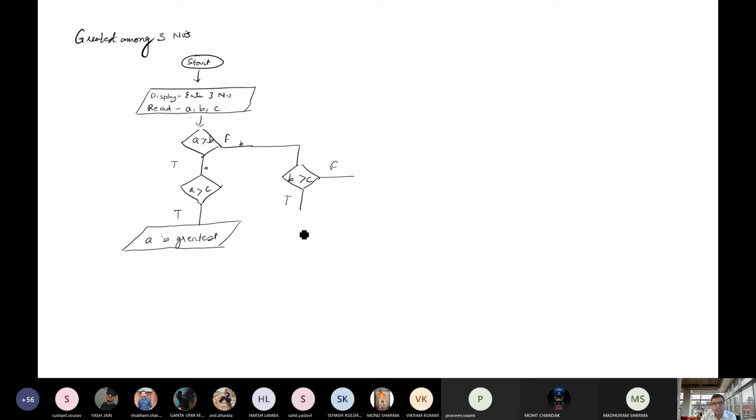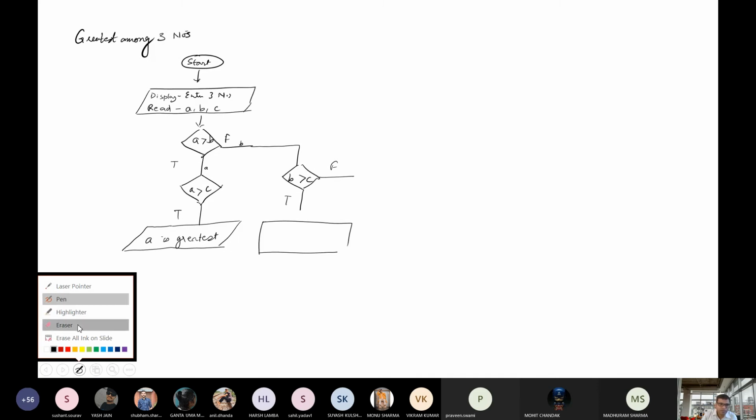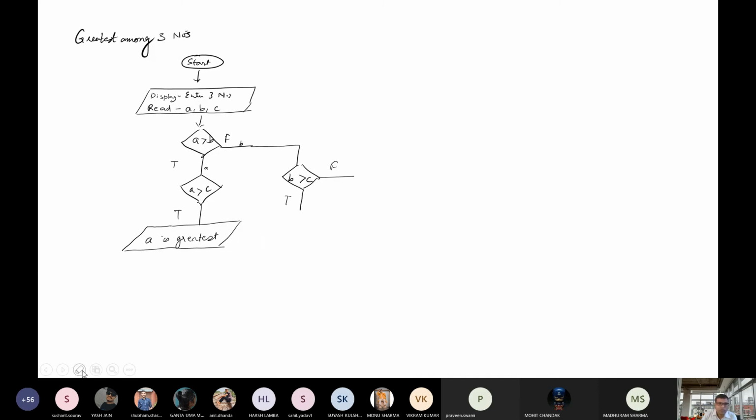So if this condition is true, then the answer will be B is greatest. And if this condition is false, then your answer will be C is greatest.